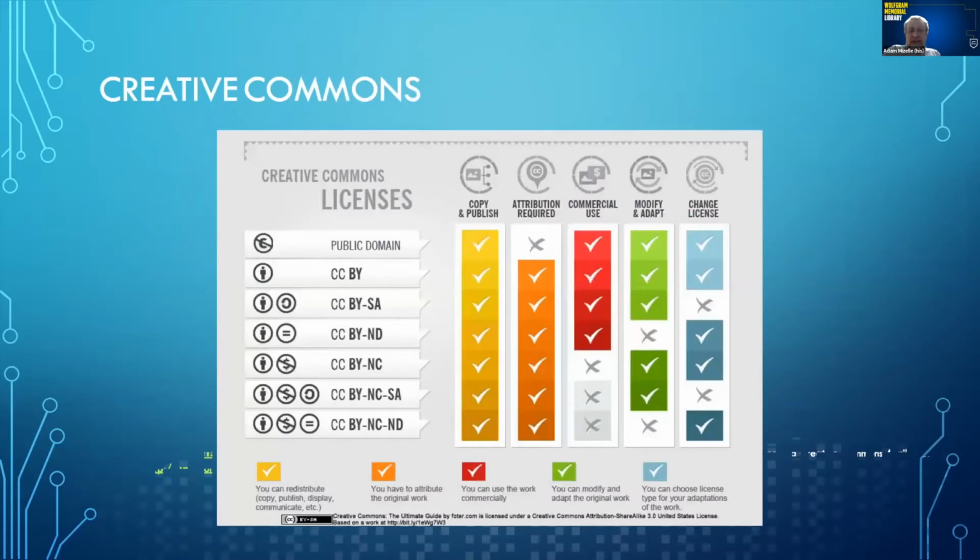There is an alphabet soup of different ways that you can share your works provided by Creative Commons. In this chart, we can see you've got CC, you've got CC BY, SA, and D, and C. Just a brief rundown of how this is something that a lot of what we're going to hear about today is covered by one license like this or another.